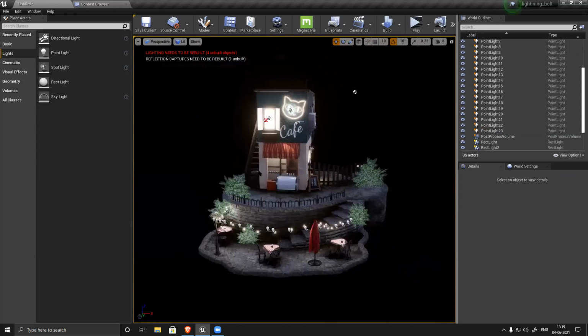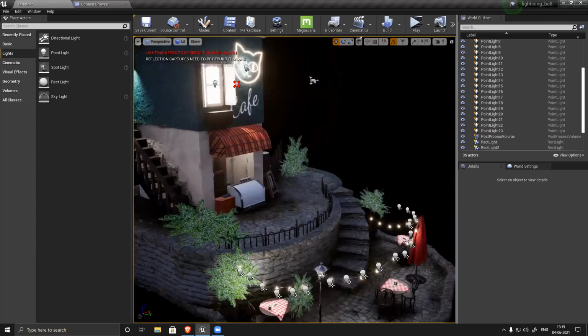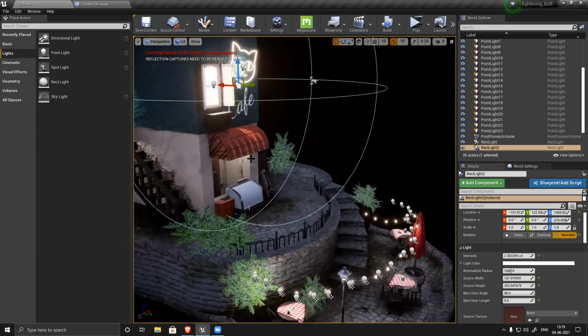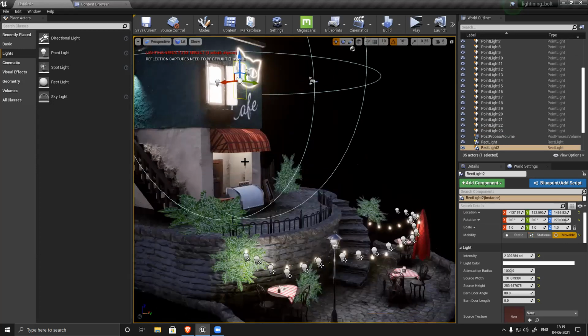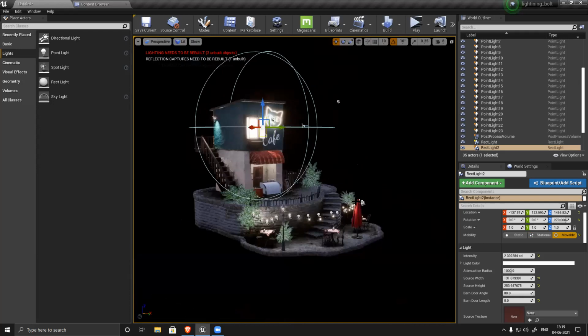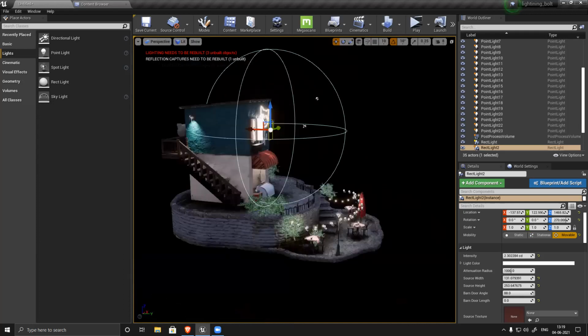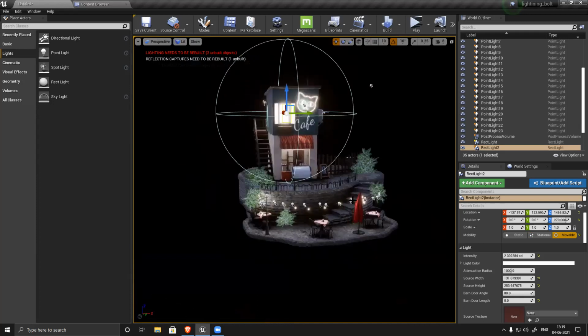So now you can make it a little dramatic. If you want, you can make it, let's see. You can add a little extra light here, make this a little brighter, add some color. Instead of white light, you can add a yellowish light, creamish color in the light, right? Those things, and make it a bit interesting.